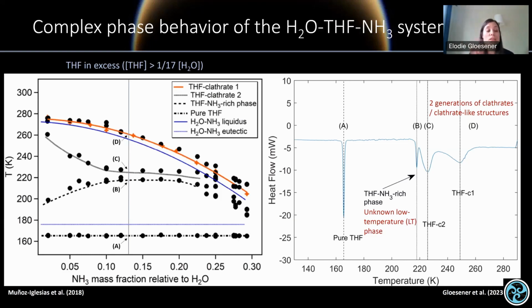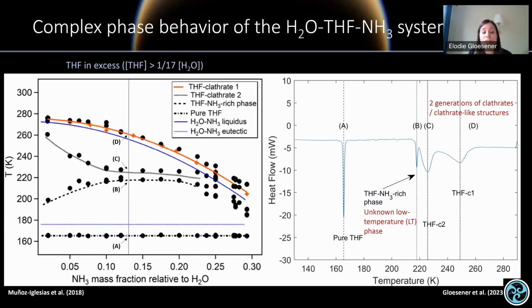The second aspect of the phase behavior of THF clathrates with ammonia is that in addition to the THF clathrates, upon further freezing of the solution, we will form another generation of THF clathrates that the stability limit is here. And upon further freezing, there is a third crystallization step that you can see here. And actually, it will form an unknown or new phase that is assumed to be THF ammonia rich based